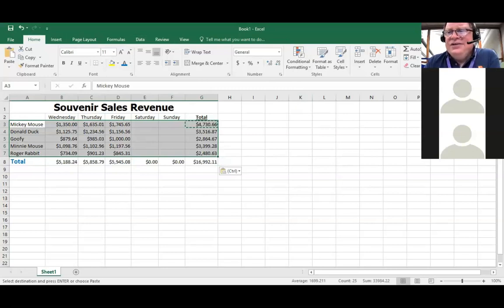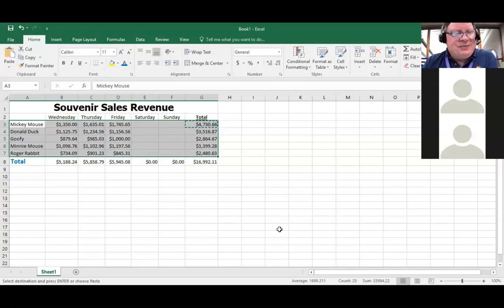I go over to the sort and filter button right here. I click and I get a drop-down list of choices: sort A to Z or sort Z to A. Or I can do a custom sort. A custom sort, since this is a simple spreadsheet, will not have anything applicable here, but we can focus on sort A to Z or Z to A. I'm going to click on sort A to Z